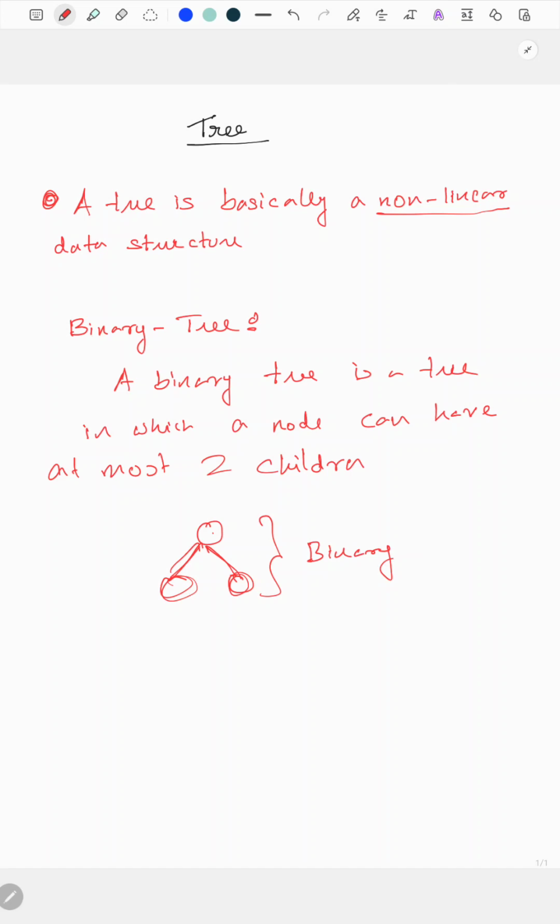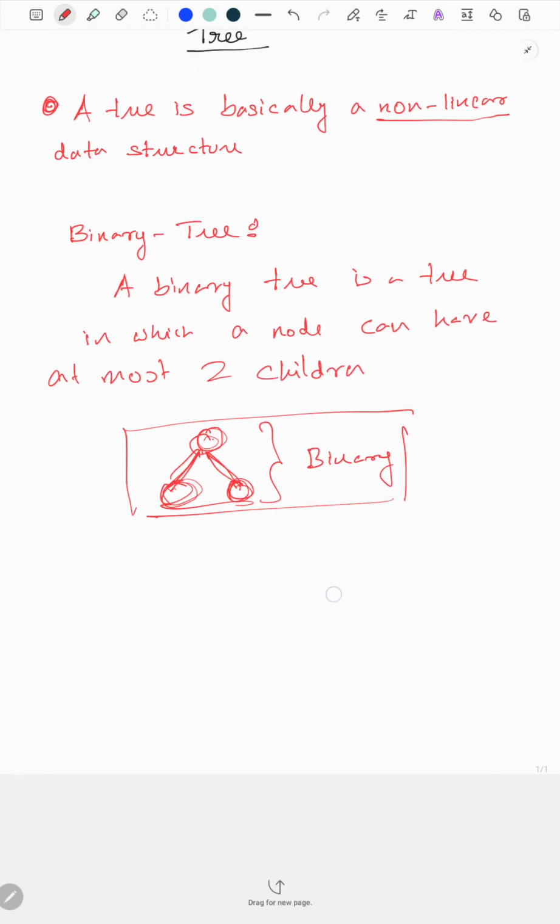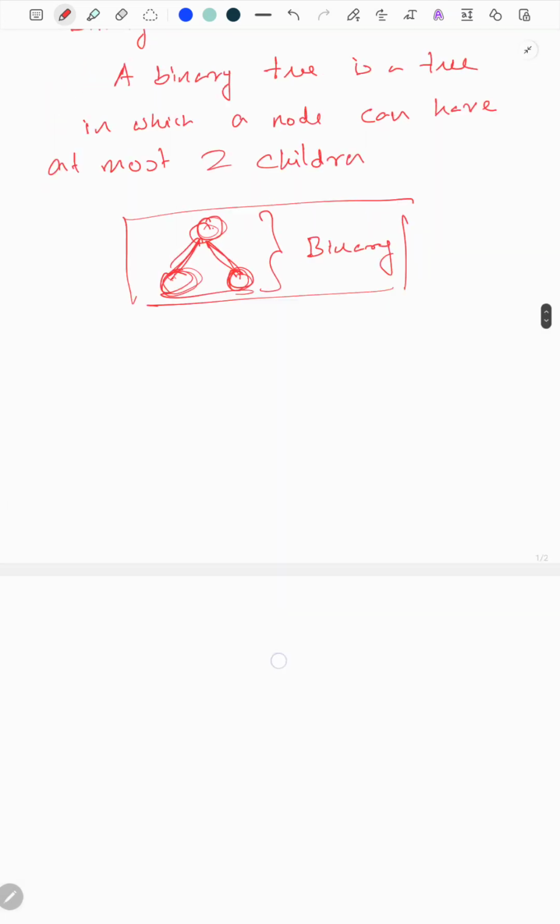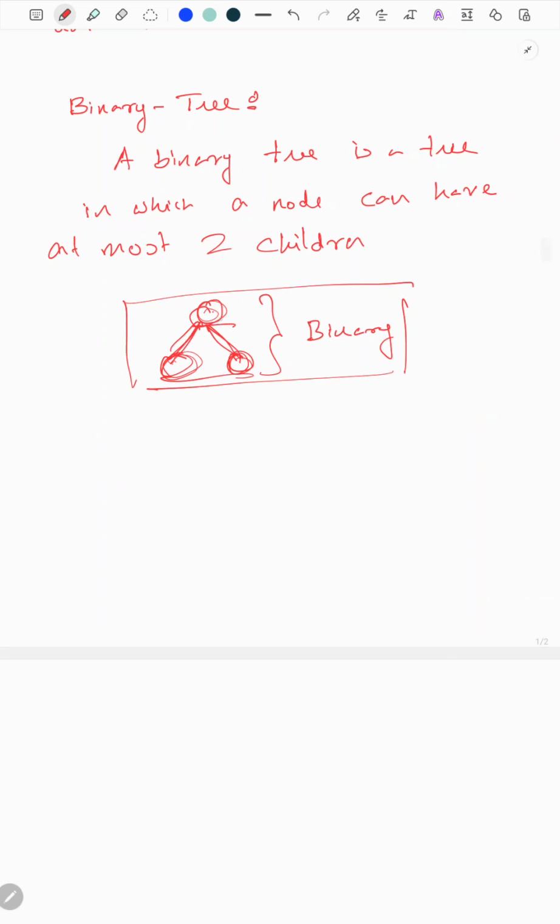And the other tree I discussed previously can have as many children as it wants. There is no limitation. But in the case of a binary tree, this condition is a must. A node can have at most two children. So now you can ask me, what is a node? If you know Java, you can think of a node as a class, like class Node. A node can have a reference to the next two nodes, like a reference to the left node and the right node. So it will be another node: node left, node right,